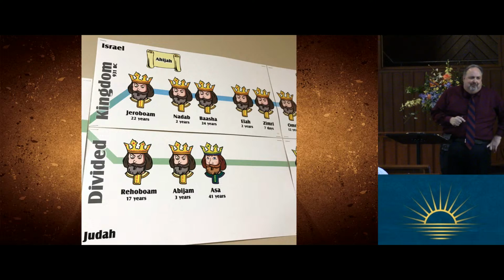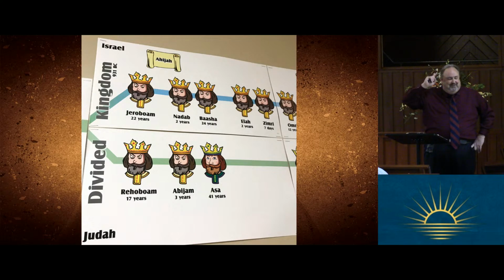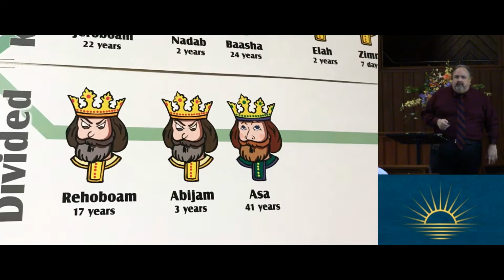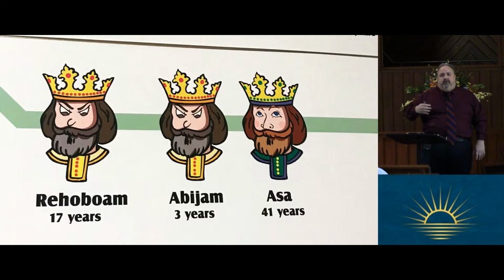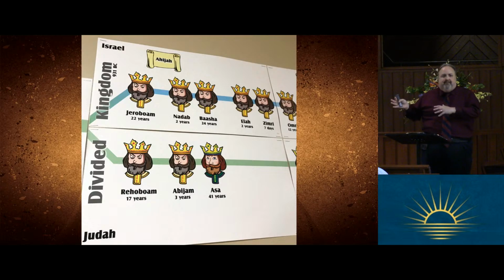All right, I'm not going to spend a lot of time looking at this with you, but I think this is cute. These are charts that our kids have. And you can see there, the kingdom divides. You got the divided kingdom, and it's even got some dates on there. And so you see up top in the north are the kings of the northern kingdom. And then in the south, and see how they're spaced? See how they're spaced out? And so Asa reigns 41 years. That's why they're spaced out like that. And so this is helpful, a chart like this.